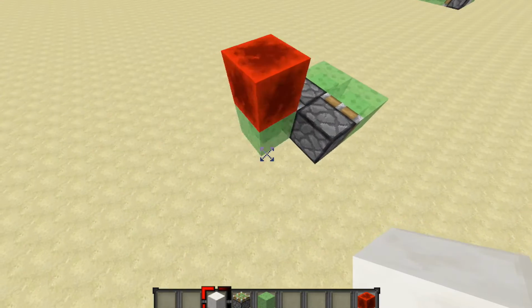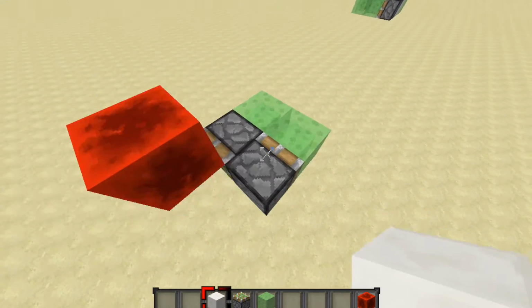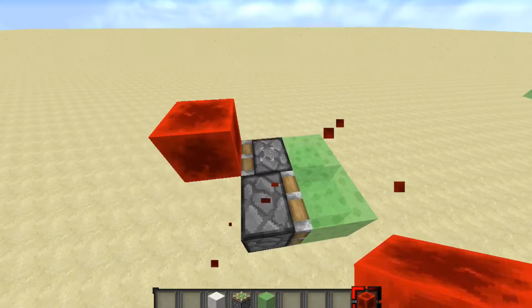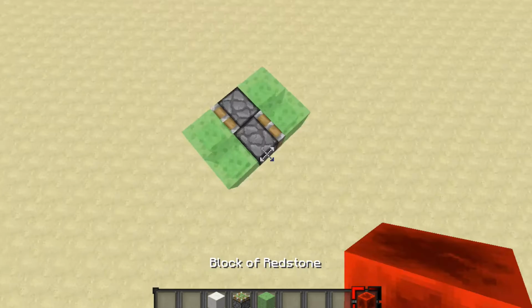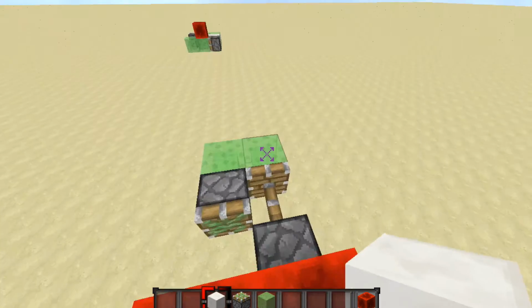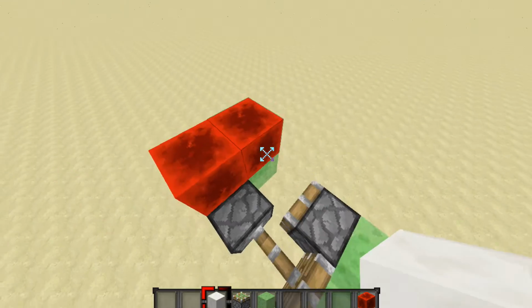So now we've got this thing pulsing. And what we need to do is we need to, wait a minute, no. Let's go back to what we had originally. Let's break that block, and then just take that back in there. So what again was the problem that we had with this? Oh yeah, this needs to retract. So we need to come up with a